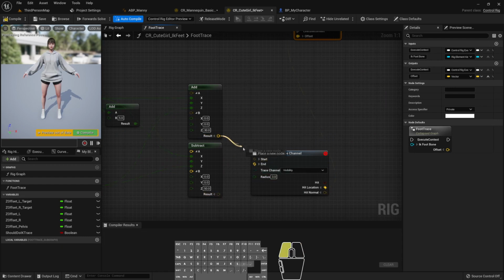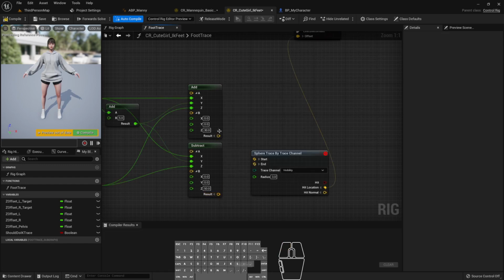Sometimes you get this error when you are copying and pasting nodes in Control Rig. Don't worry, it's because the editor thinks they are already connected. So we're just going to disconnect it. You can right click and disconnect,